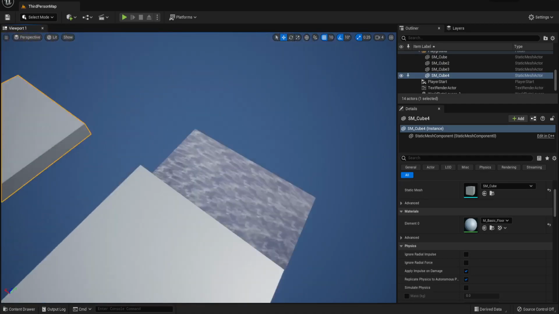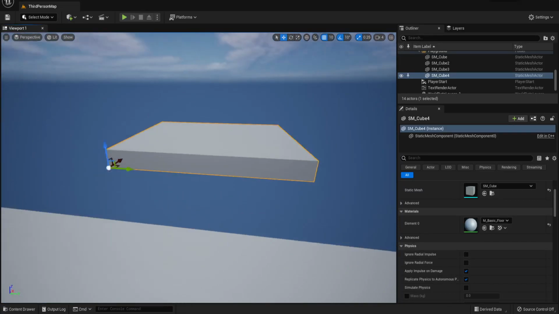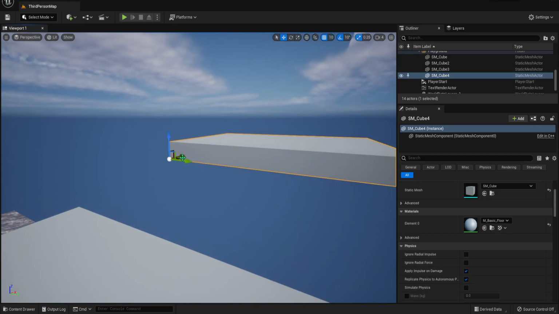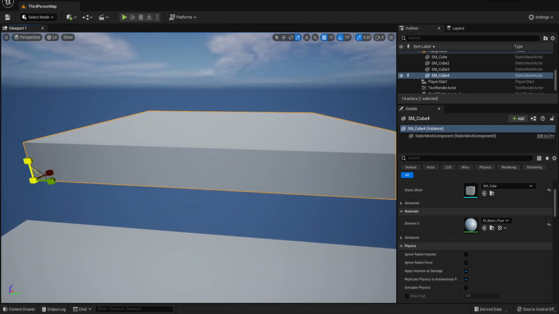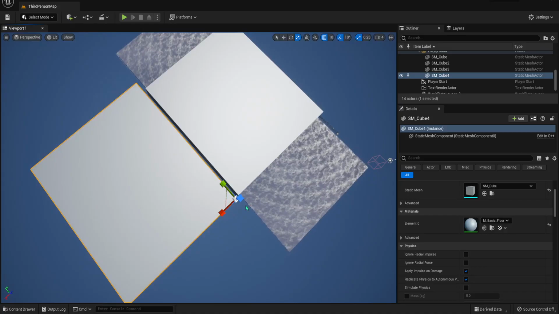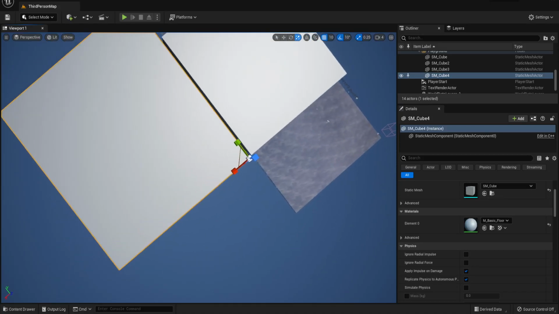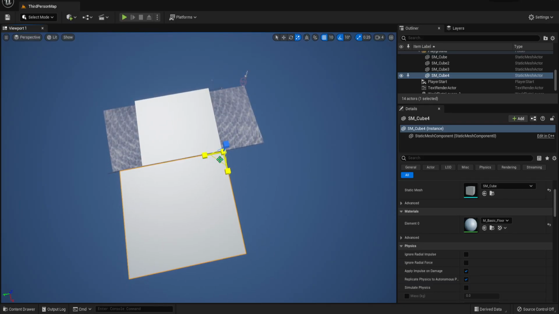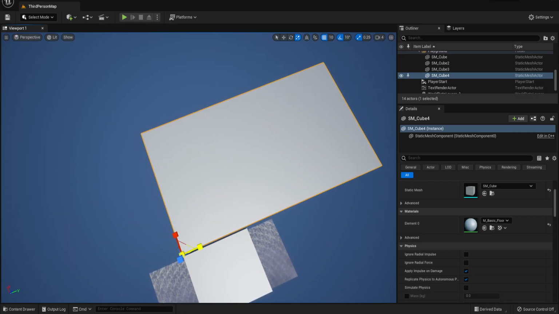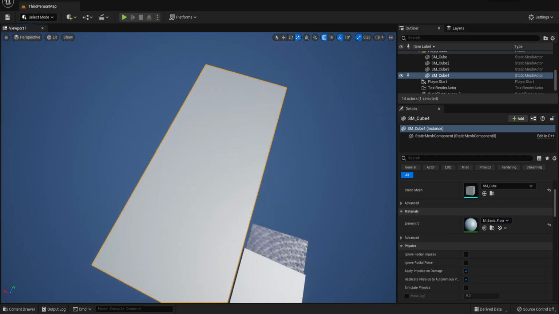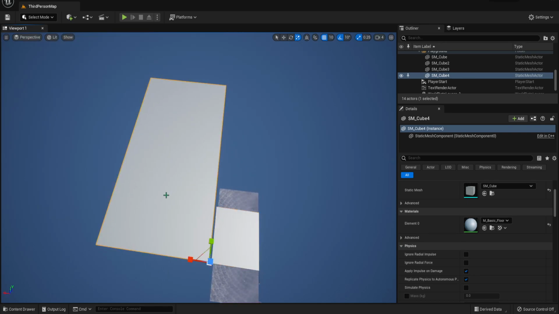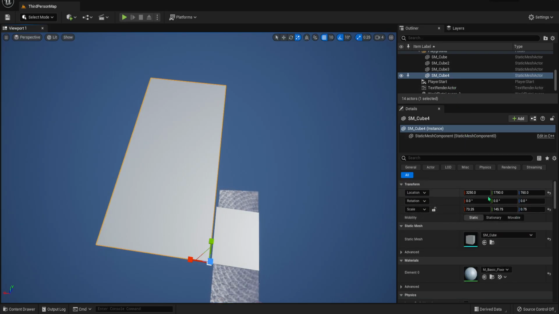And I'll label this stuff later. Oh, I probably should do it here and see.